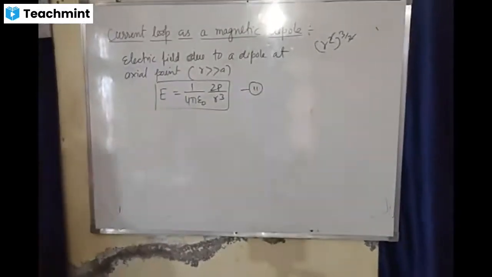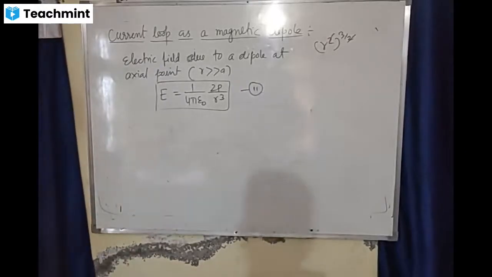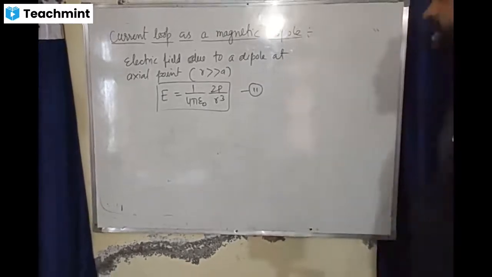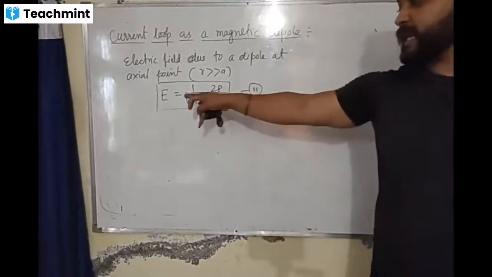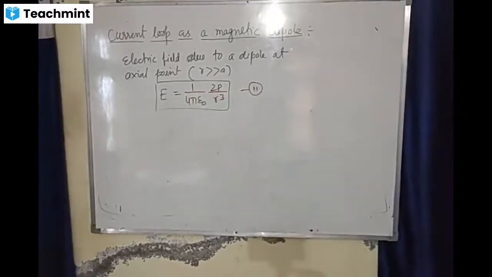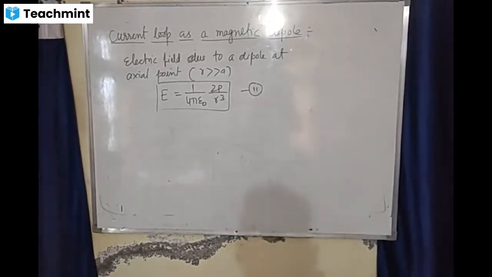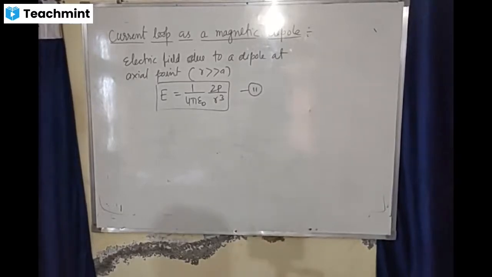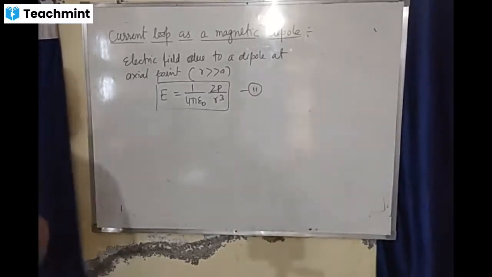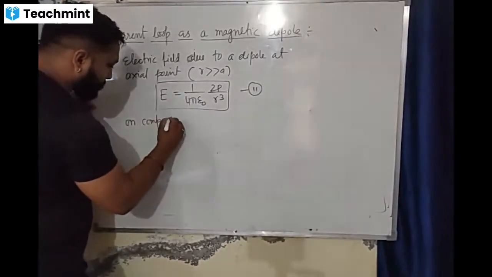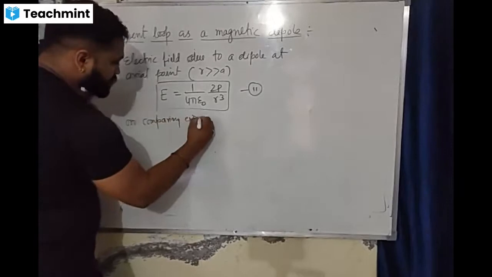We have written about the electric field due to a dipole at the axial point. But here also we are considering that R is very much greater than A, and at that time the electric field is equal to 1 upon 4 pi epsilon naught 2p upon R cube. So this is equation 1 and 2. If we compare both equation 1 and 2,